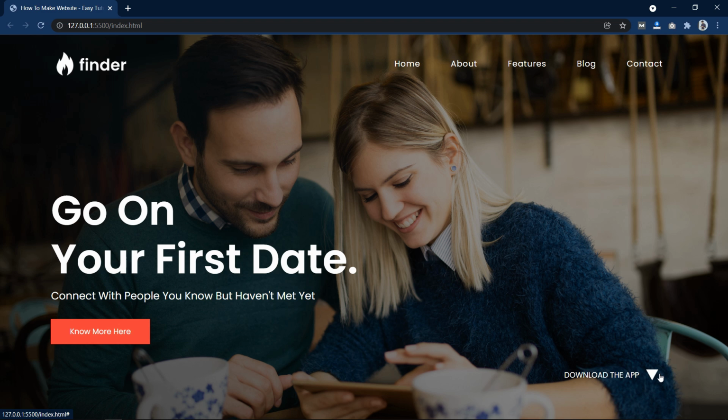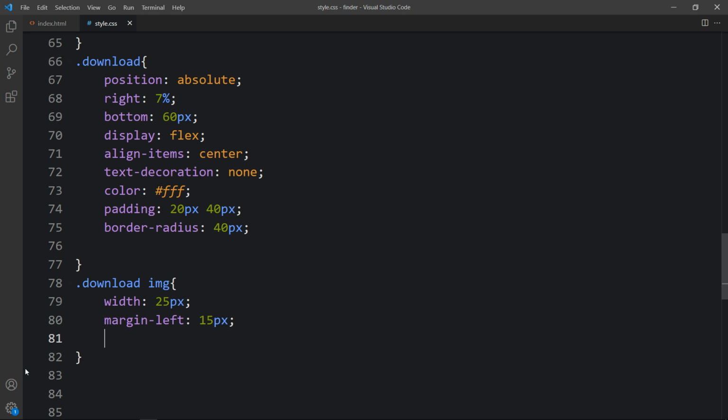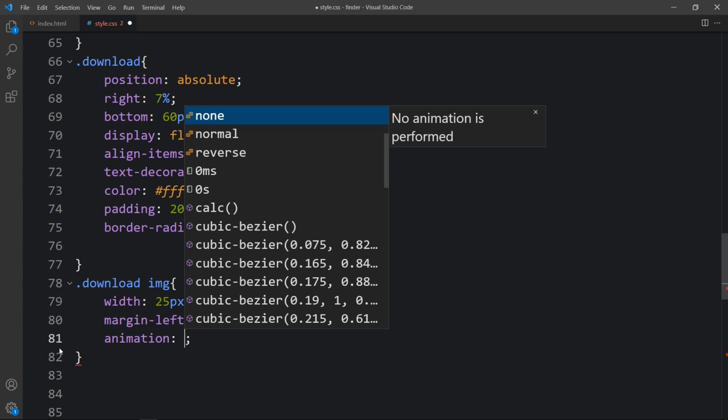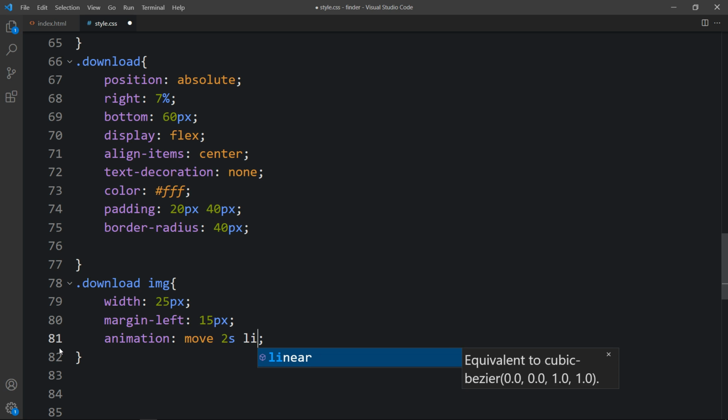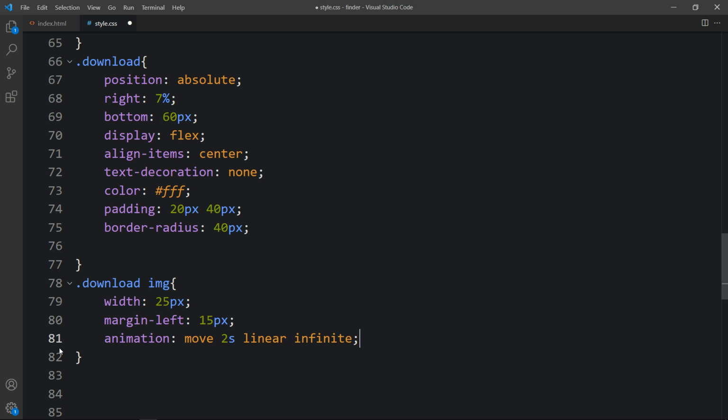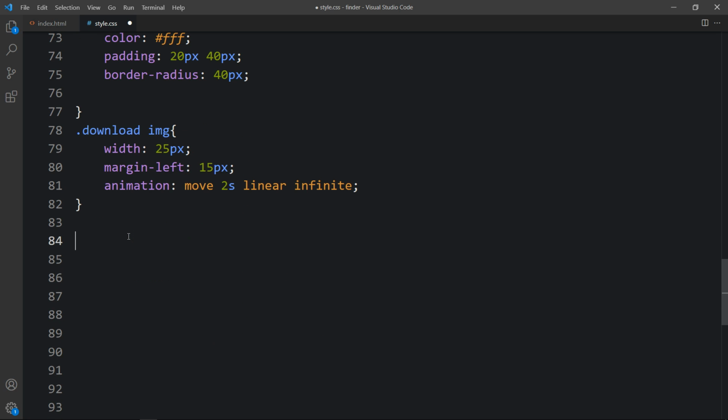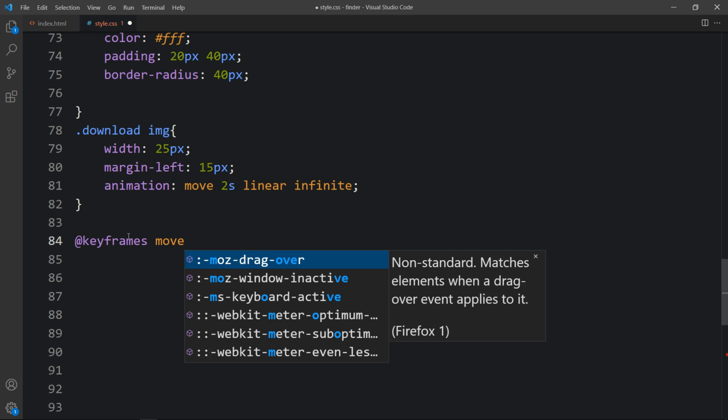Now we have to add some animation on this icon, so let's add animation, move 2 seconds, linear infinite. Now we have to add the keyframes for this animation, so let's add keyframes, move